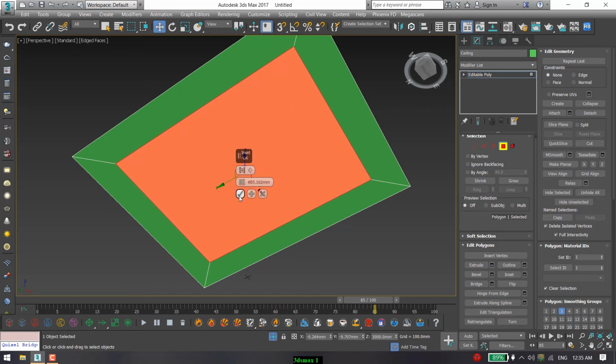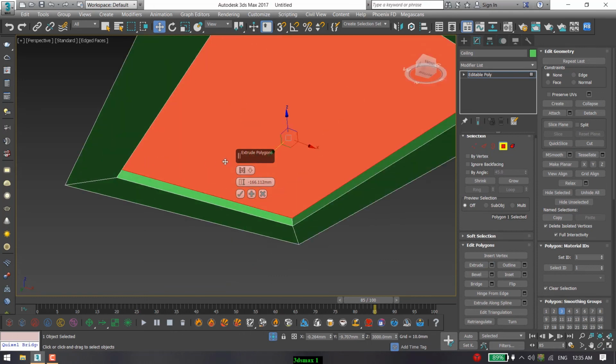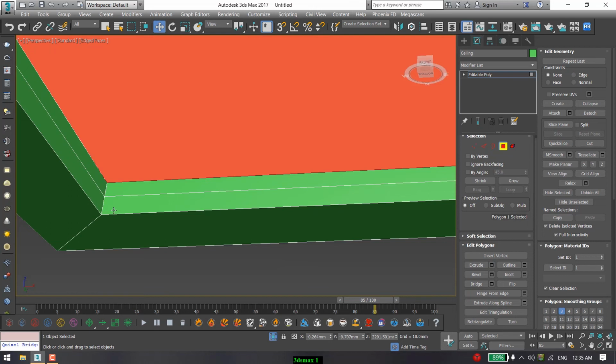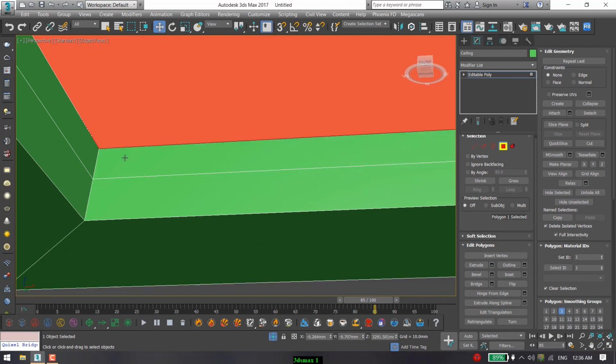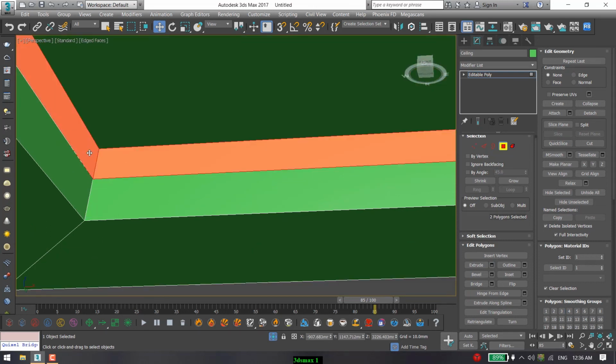Just inset this face. Okay. After that, extrude this face again in a negative axis. Again in negative axis, because this is my ceiling, and if I fit a LED light in this